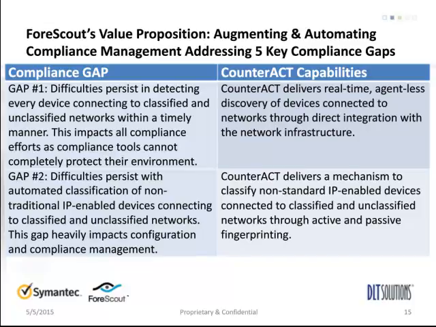And the first gap, which we covered greatly in the first webinar, were difficulties that persist in detecting every device as it connects to a network, both classified and unclassified. And really what CounterACT brings is the delivery of a real-time agentless, event-driven discovery of devices as they connect to the network. We also do leverage point-in-time scans from tools like Nmap that's embedded in our solution, but as we're integrated and meshed into the network environment, as that switch detects the connection, we're able to detect that something has connection and then begin to profile that device and what it is, which takes us to our second gap,